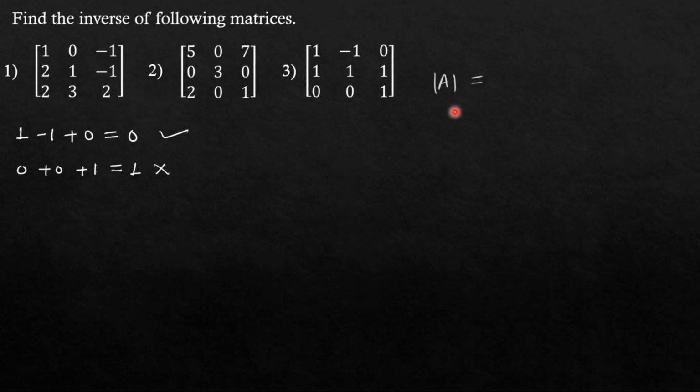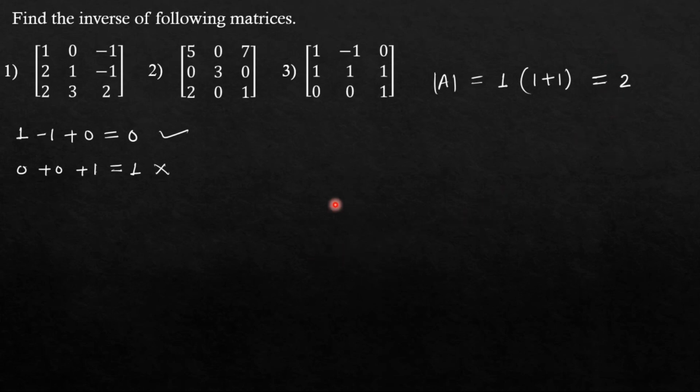The determinant is, I will consider this row, I will expand along this row. Why? Because it has the maximum number of 0s. So 0 0. We have to calculate for this element only. So 1 into, I will neglect this row and this column. 1 into 1 1, 1 into minus 1 minus 1, minus minus plus 1 plus 1, so 2. So the value of the determinant is 2.